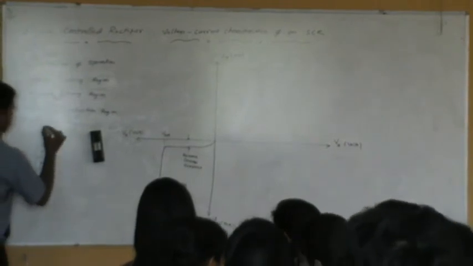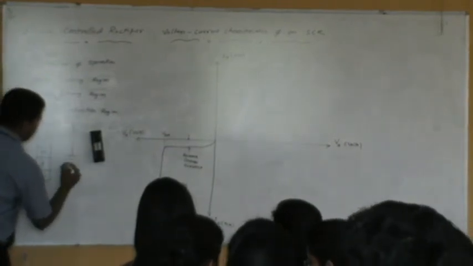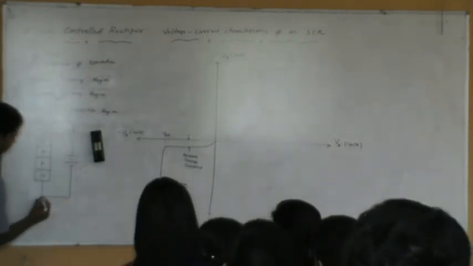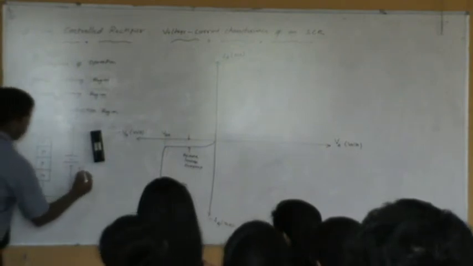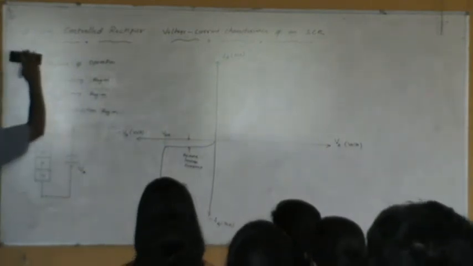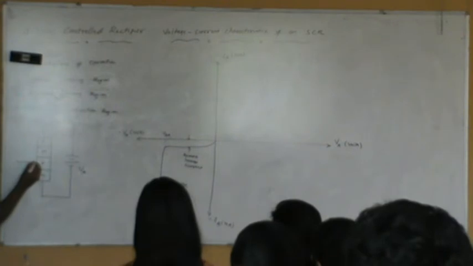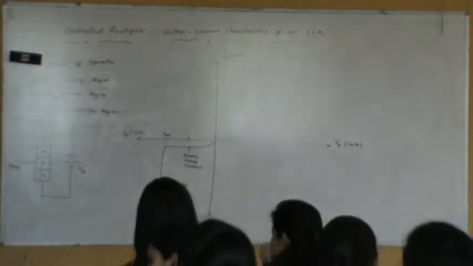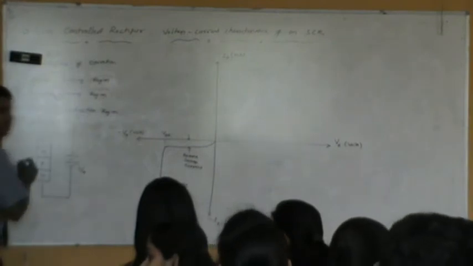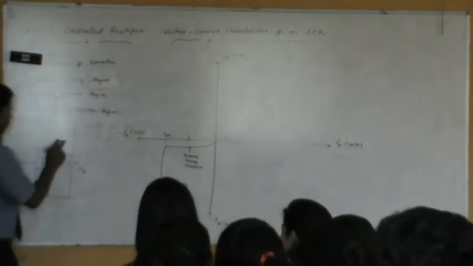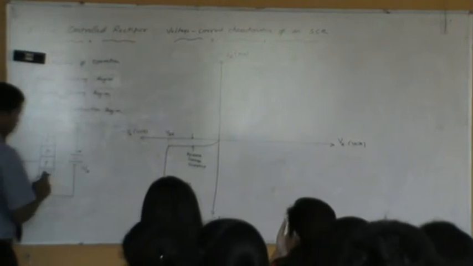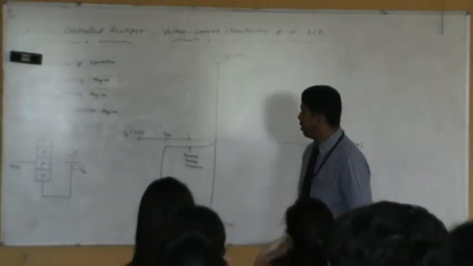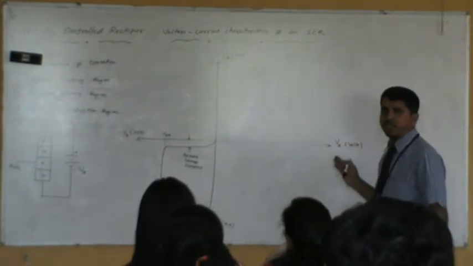We need to change the bias. Just apply some positive voltage to the P type and negative voltage to the N type. And again, we will assume that we are not applying any gate voltage. This is going to be the bias: P type to the positive, N type to the negative. That means whatever the current flow, if you tabulate, the curves will be in the first quadrant.